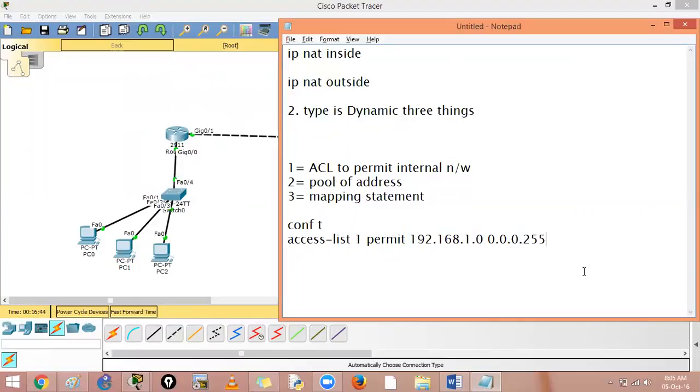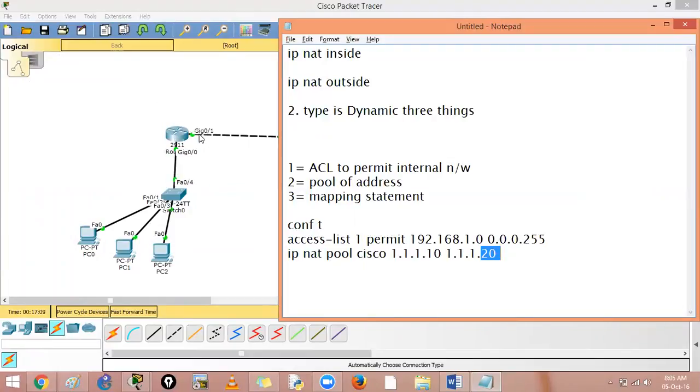So let us create a pool also. IP NAT pool Cisco, and here the start address 1.1.1.10, end address 1.1.1.20. I have taken 10 addresses from the ISP. So if I had 20 people in here, I have 10 IP addresses over here.